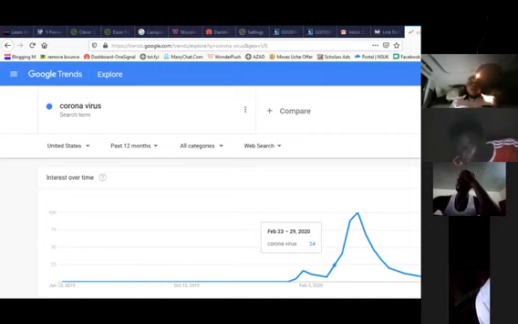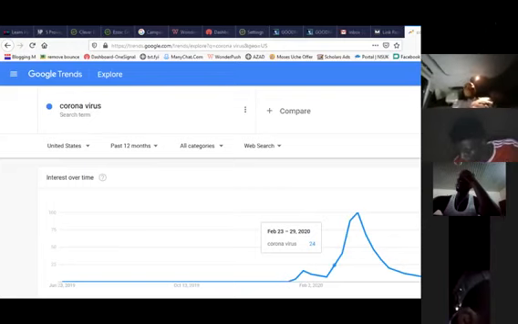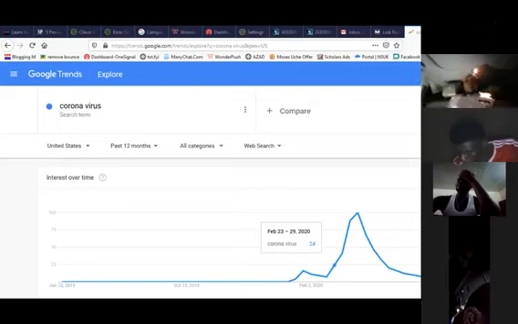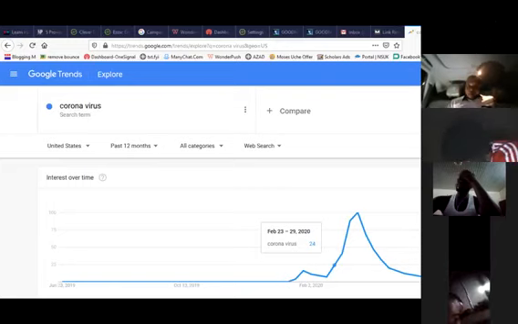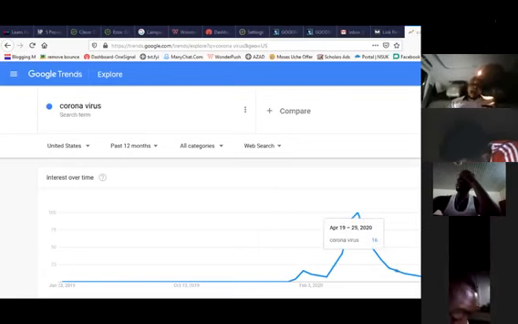All right. So let's look at the quality of backlinks. I strongly recommend that you get backlinks from websites that have high domain authority. Websites that have high domain authority, all right?